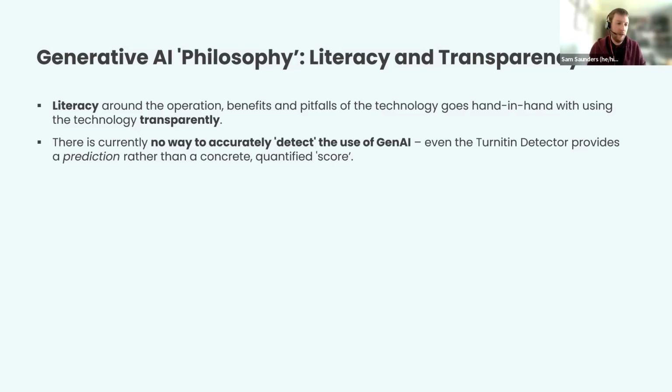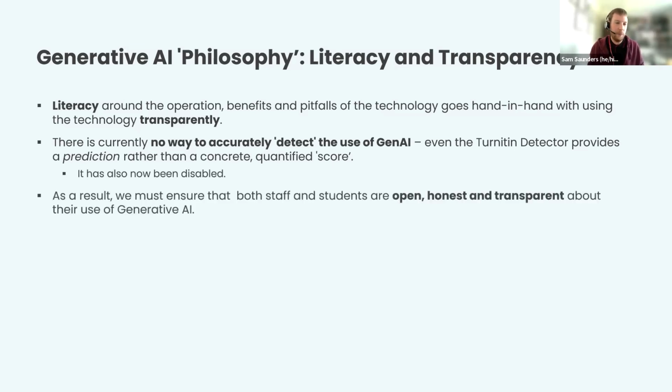So even if we detect it, there's no way to actually see whether the student has done it deliberately or not. And as I said, the Turnitin detector provides a prediction rather than a quantified score, and it's also been turned off. So there's not much we can do in terms of detecting it. As a result, we've got to be open, honest, and transparent about it, and this is baked into our assessment